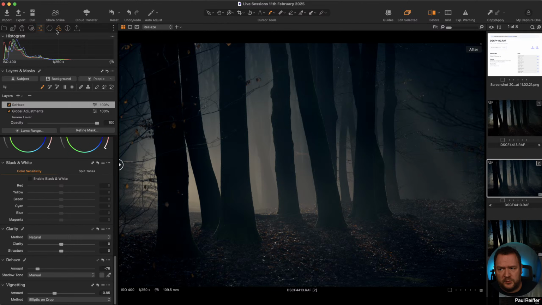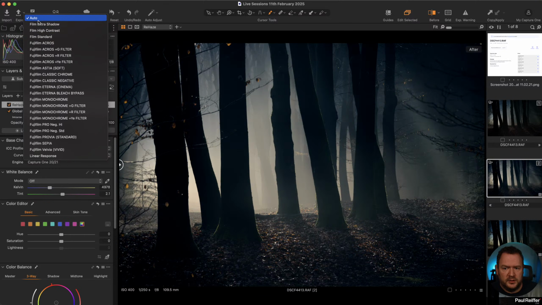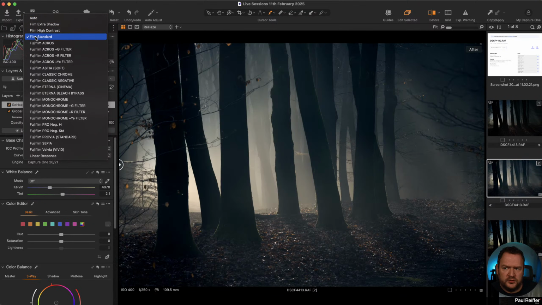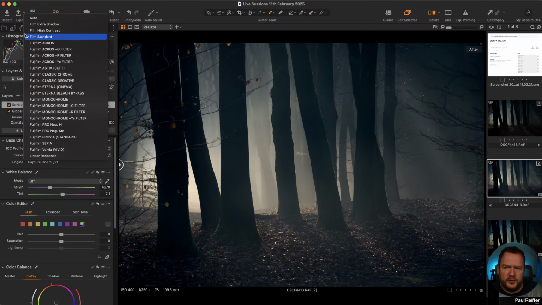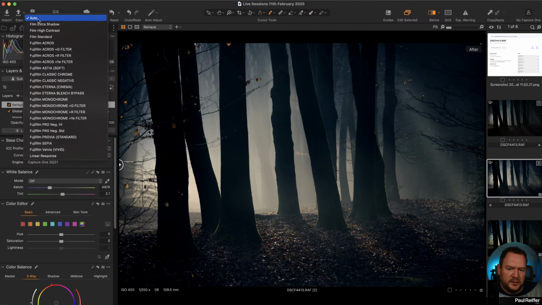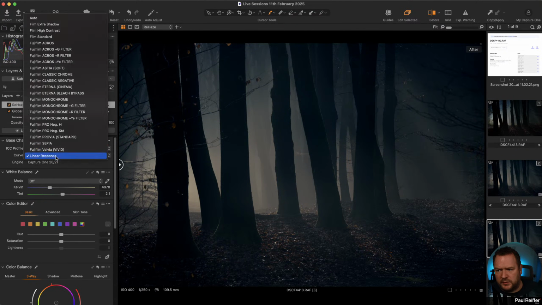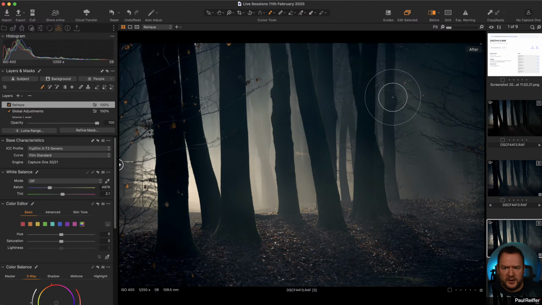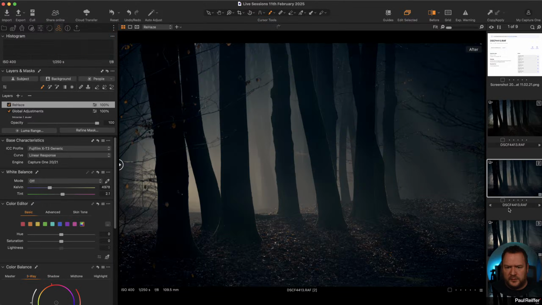And remember this one, if you're changing the curve, because let's go back to what we had before, the film standard curve, which is the auto curve. In this case, because it was shot on a Fuji, I think it's actually picked up whatever recipe you had in the camera. But this could be atmospheric if you liked it, but the linear response is probably a bit more moody. But we can do both. You can have one with linear response and one with film standard. These two do have atmosphere.